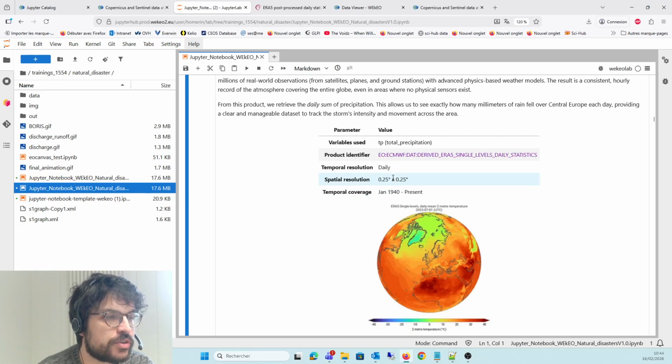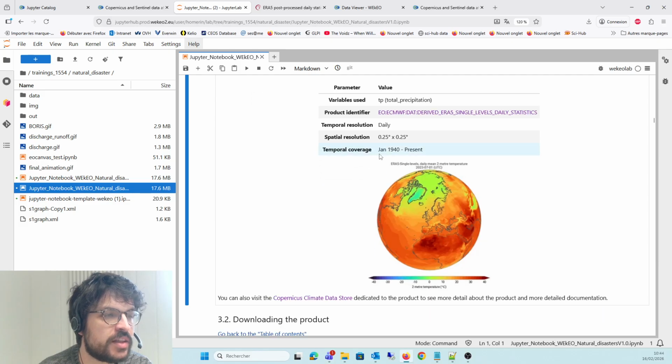We have a spatial resolution of 0.25 degrees, so this is about 25 kilometers. The dataset that we are retrieving has a daily temporal resolution. So we have the total precipitation for each day in our time period, and it covers from 1940 to present.